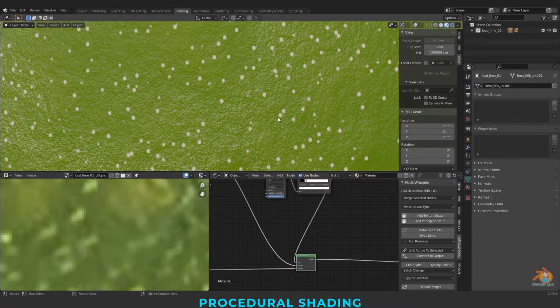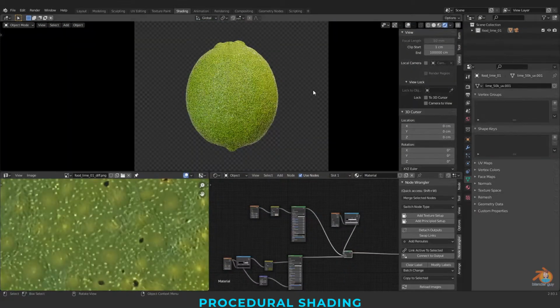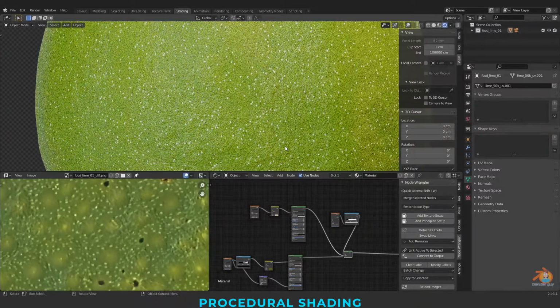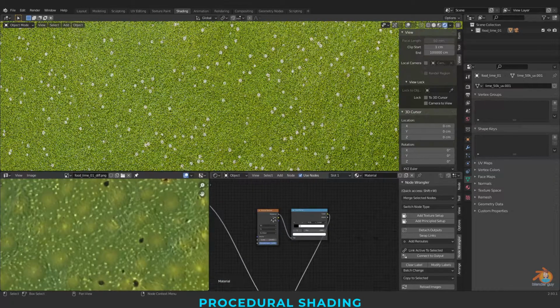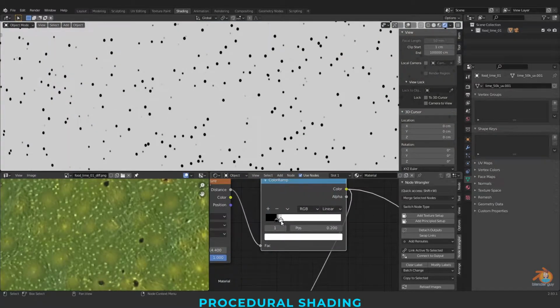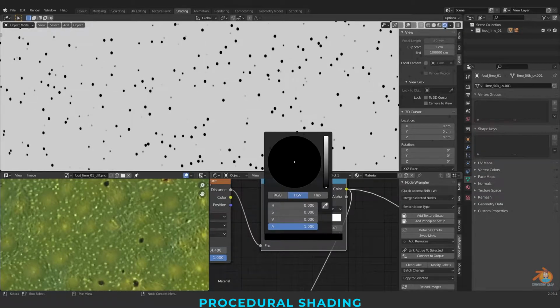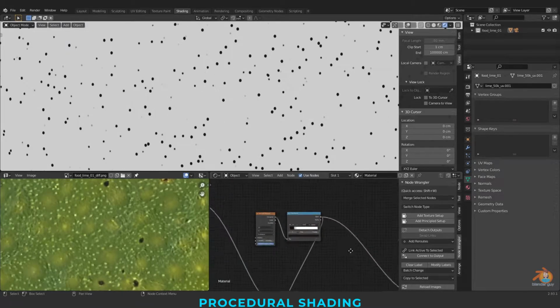Now you all can see this white dots. If you don't want them to be visible clearly, either you can tweak here and just increase this.